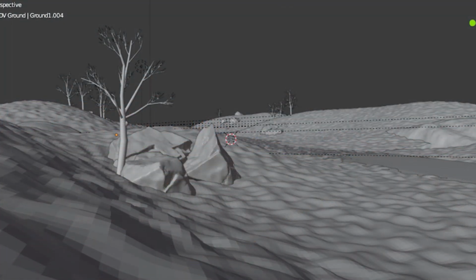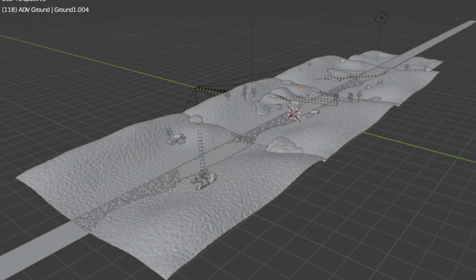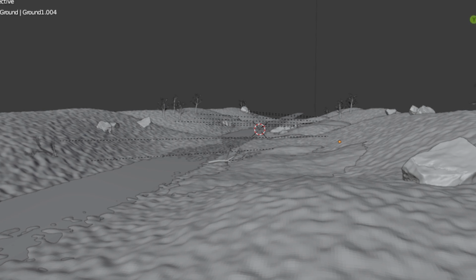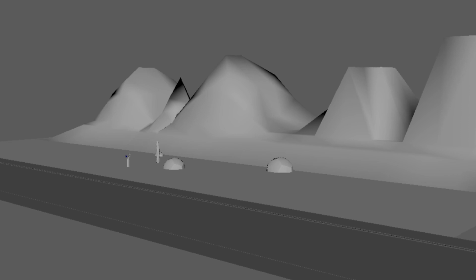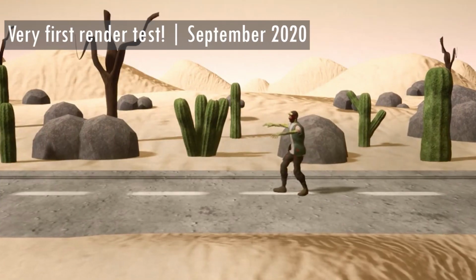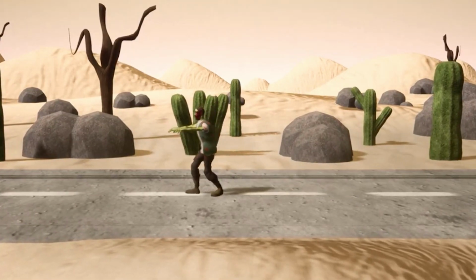The first iteration of the environment was made using sculpting tools. It was super detailed and it looked super nice, except it was 14 million polygons. So in our second attempt, it looked pretty good, geometry wise at least. We used this environment in our first test shot and it looked okay, but it was missing a lot and I knew we could do better.